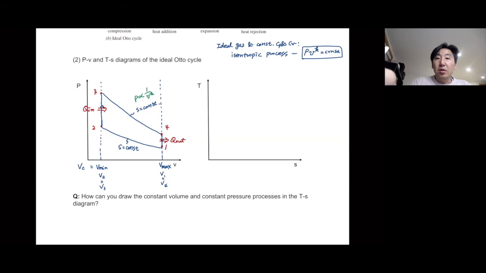The same volume means the same specific volume for 1 and 4, and the same specific volume at 2 and 3, right? Now, from this relation,